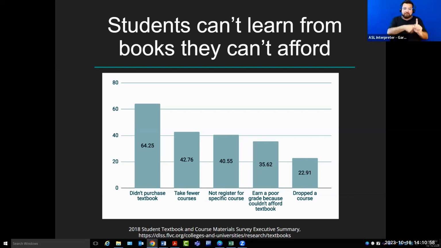It doesn't just cause them to drop out, but it actually causes them, at many times, to earn poor grades. How does that happen? We know, when you have students in your class, a lot of times they will try to stay in your class without buying the textbook, buy an old edition of a textbook, try to get by without the materials. And many times they will be able to pass the class with a C or a B, but they can't earn an A because they don't have full access to the materials. So that's where the poor grade comes in.